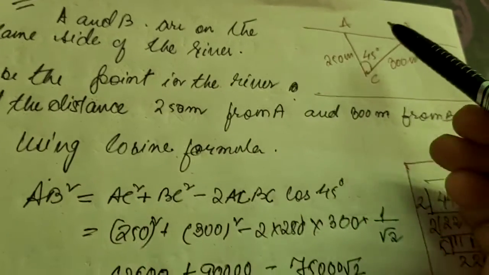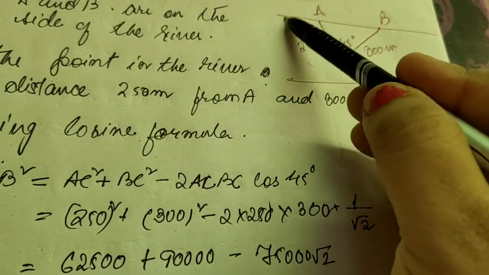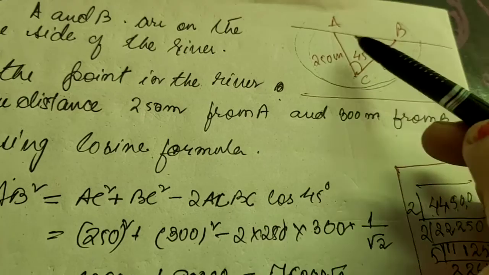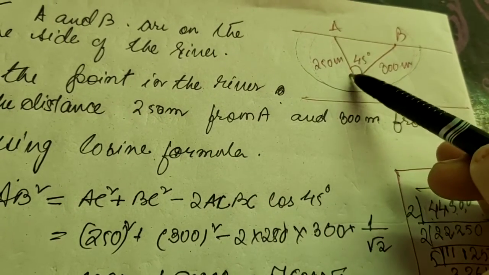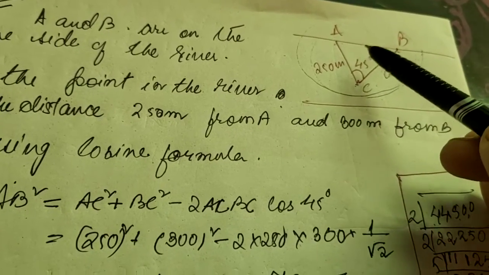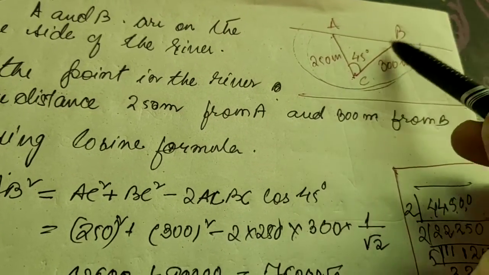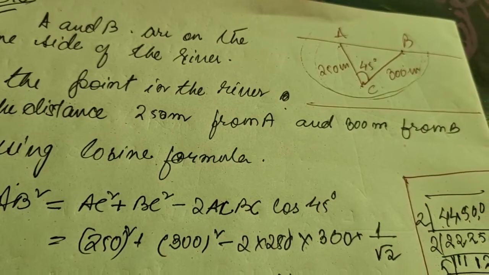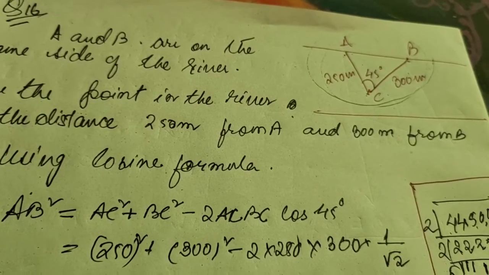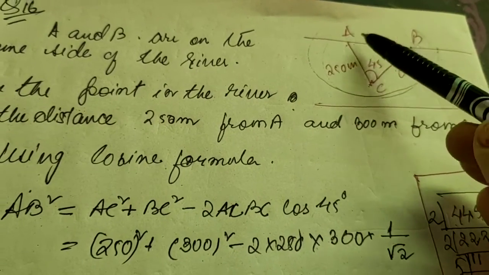observe, and what we get after observing is that it is a triangle form. The formation of this particular information ultimately gives you a triangle. So what we know is, in case there is a triangle and no other information is given, we can do only one thing. We can go for the cosine rule, because the sine rule only shows the ratios between the angles and the sides. Here the cosine rule covers many other things.